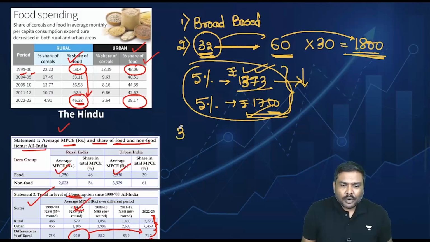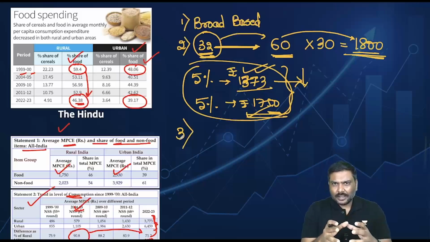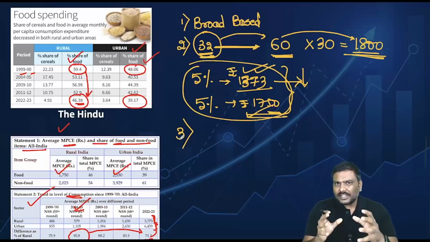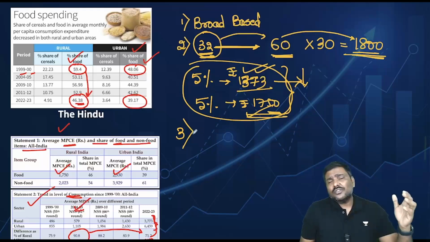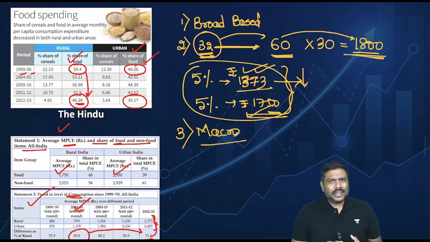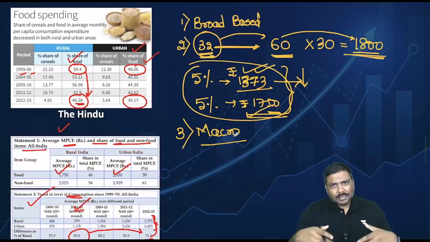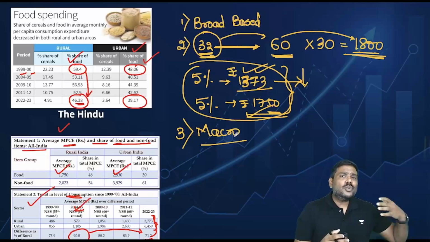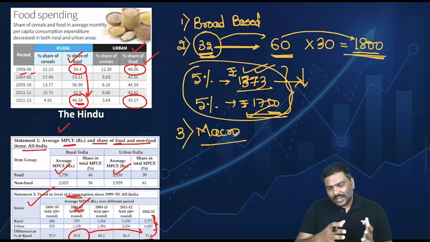Third very important point. If you calculate these kinds of surveys and get the data, this set of data can be used for changing the base years of many macroeconomic indicators. For example, I told you earlier, for CPI, the base year is 2012 now. It has been a very long time period.